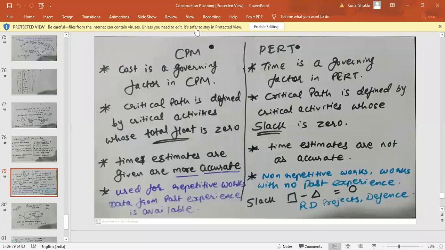So I hope it is over. Let me move on to the introduction regarding one of the numericals. What we need to calculate in the case of the PERT method, and what is the difference between the calculations over here with respect to the CPM method. You are writing. Okay, 1 minute I'll give you.